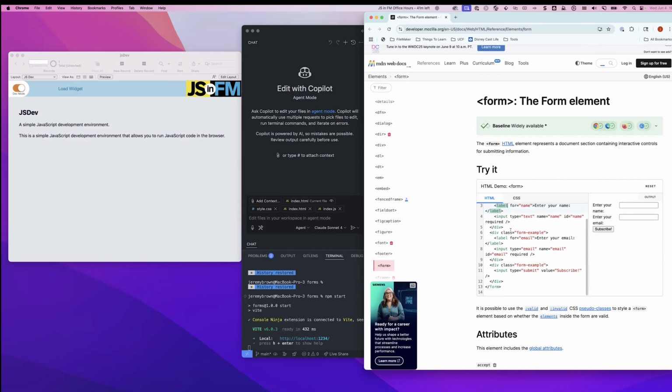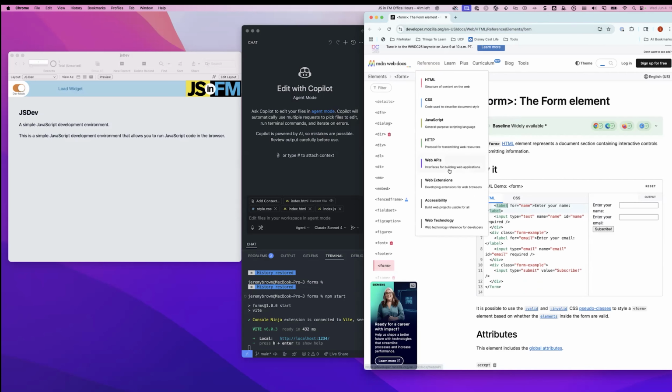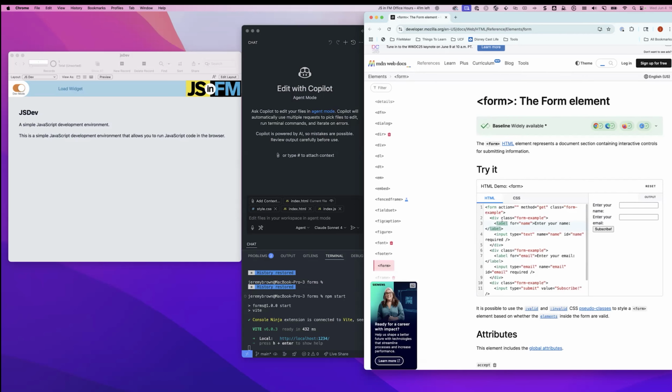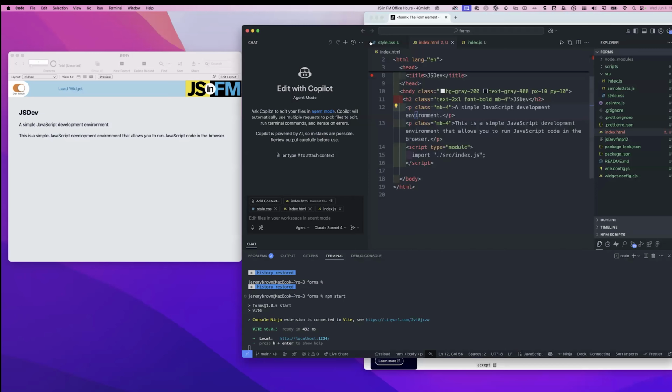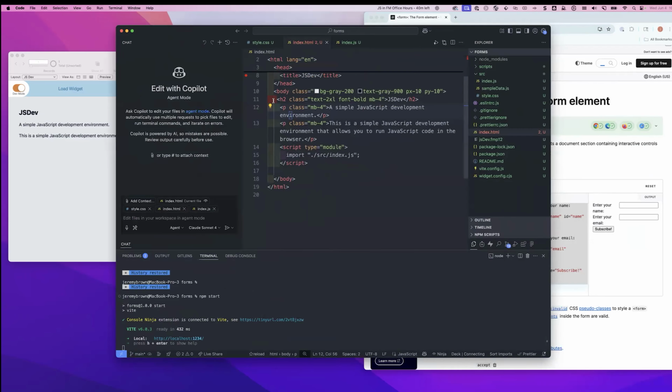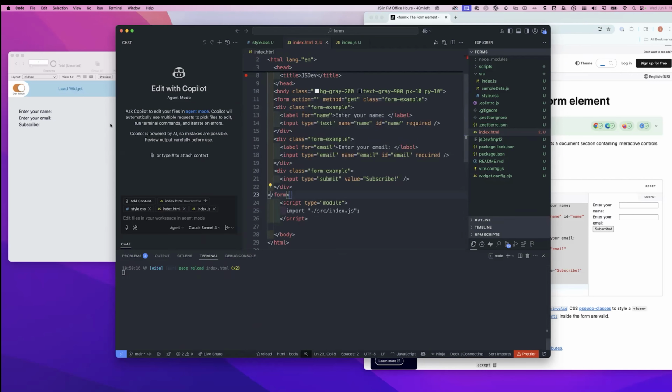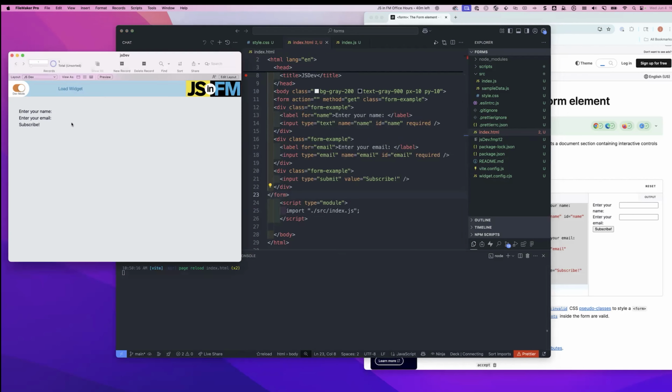So I love Mozilla, the great documentation of the JavaScript language and HTML for that matter. And for now, we're just going to focus on the HTML. So rather than using AI, I think I'm going to just go to the docs and copy, paste stuff in. These are HTML elements, and I can just paste them in here. And I now have a form